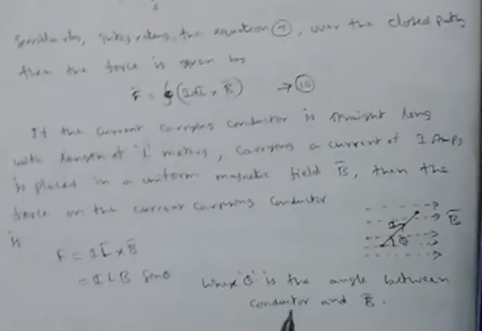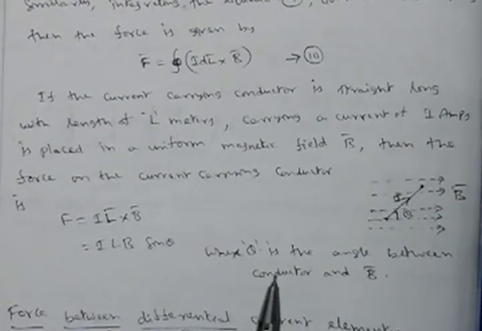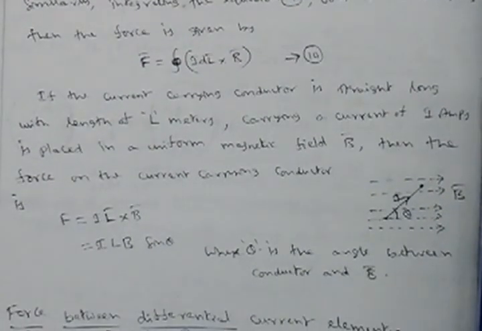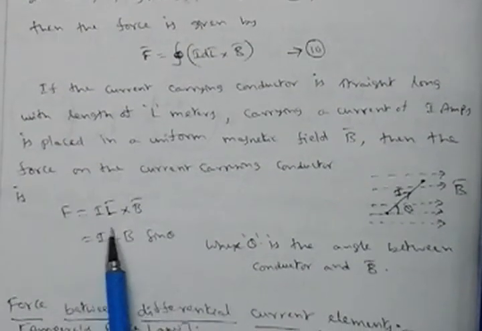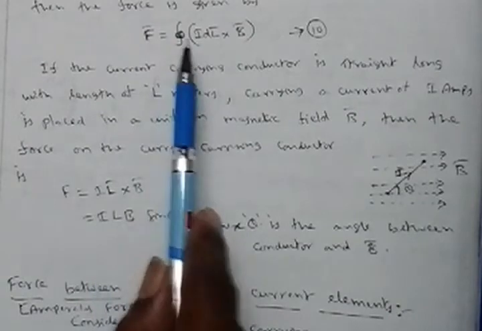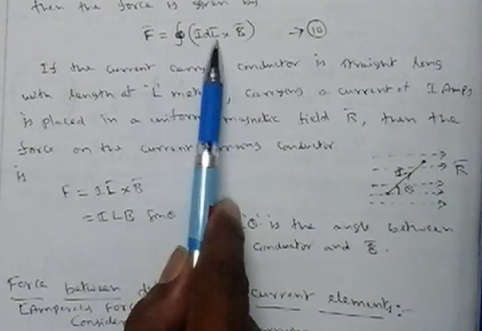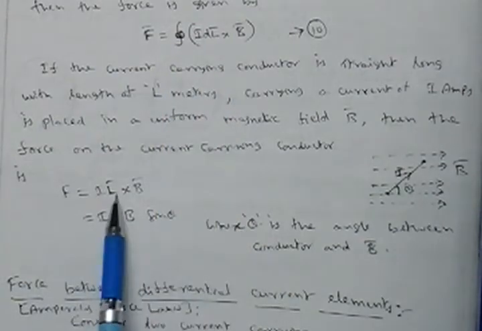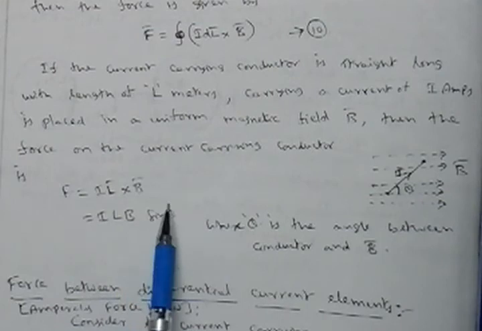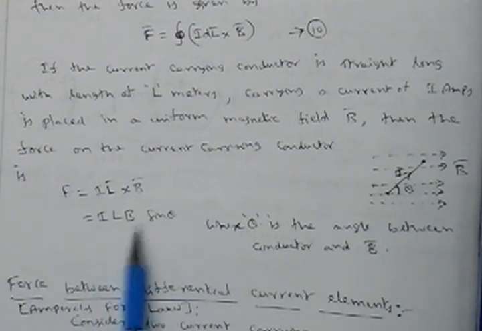Now when many differential lengths are present, if you combine all the differential lengths to get the complete force, then directly take the product, the integration vanishes, since the integral of dl is equal to L only. Therefore I L cross B bar, which is nothing but A bar cross B bar, is AB sin theta, that is ILB sin theta, where theta is the angle between the conductor and the B bar.